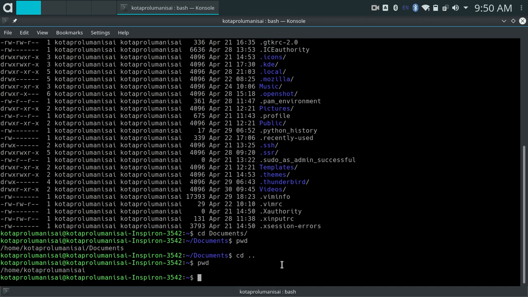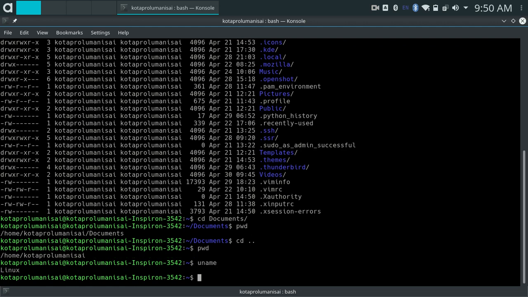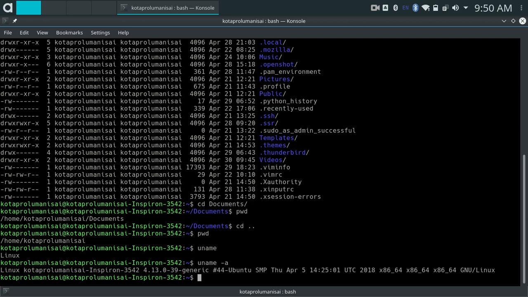In order to know the system properties or the current system details, you can use the command uname. uname gives details about your computer. That is, we are using Linux. In order to get all the details, we need to type uname space -a. -a stands for giving all the details of the computer. Here you can see we are using Linux, this is my computer name, we are on Ubuntu, and the date when it was built, and the type of processor we are using.